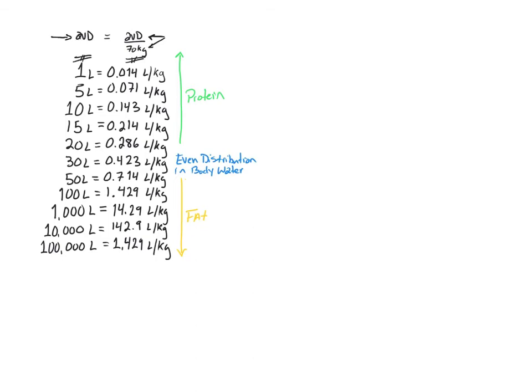So they'll calculate the volume of distribution and divide it by 70 kilograms, a generic 70 kilogram patient, and we will get a value in liters per kilogram. So what I have done is, in this column here is the actual volume of distribution, and in this column here is the equivalent of that volume of distribution divided by 70. For example, a volume of distribution of 1 liter would equal 0.014 liters per kilogram. Those are equivalent statements, just like a volume of distribution of 100,000 liters is equivalent to 1,429 liters per kilogram